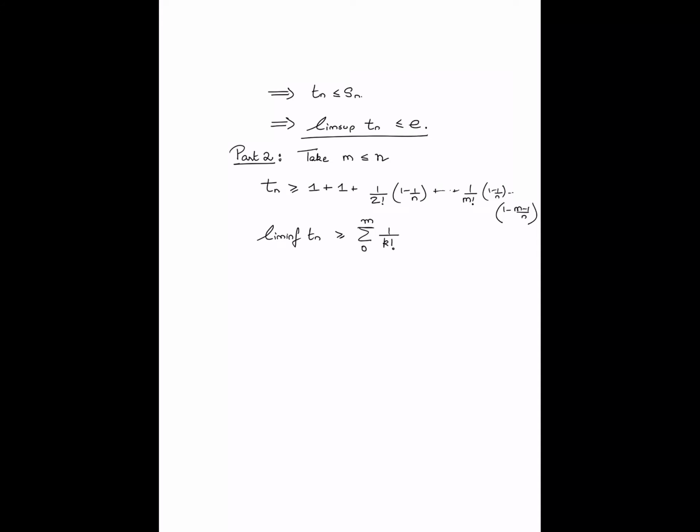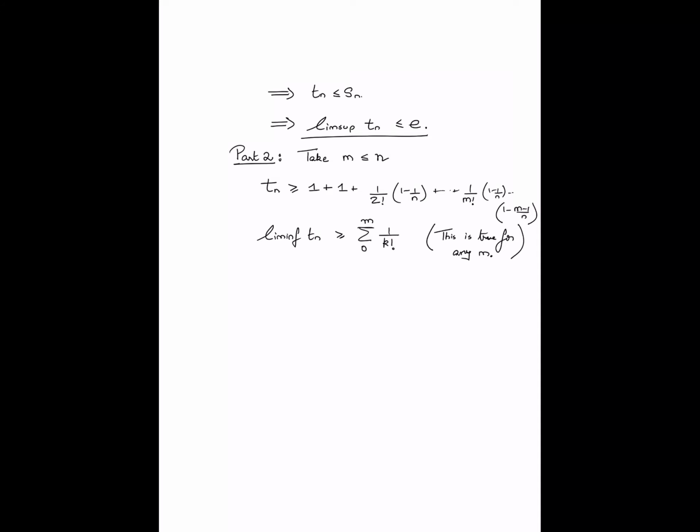So we have also given ourselves a lower bound in this case, but remember on the left hand side is the lim inf of Tn. The right hand side, the lower bound, is in fact Sm. Now this is true for every m. This is true because I've taken the limit as n goes to infinity. So this is in particular true for any m, and that almost gets us all the way there.